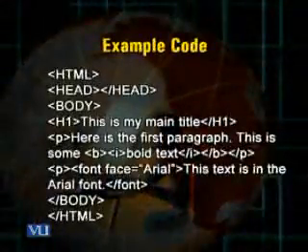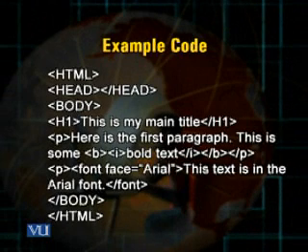At this point, I would like to demonstrate how we can see the HTML code processed or executed or interpreted by the browser. In the slide before you, there is a code. You can see it starting with the HTML tag, then comes the head tag. The head tag has nothing enclosed in it. Then comes the body tag, and in the body tag I have used the heading tag, the greatest level of heading, the H1 tag. I have written one sentence.